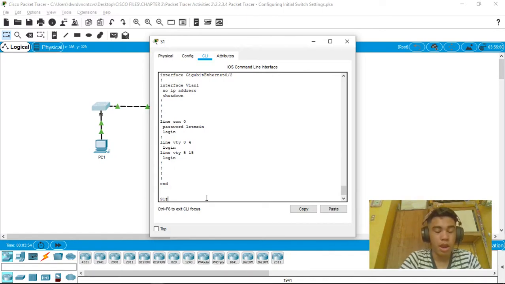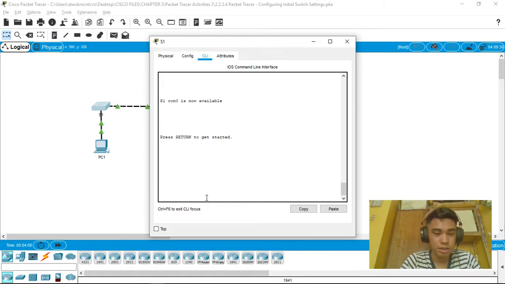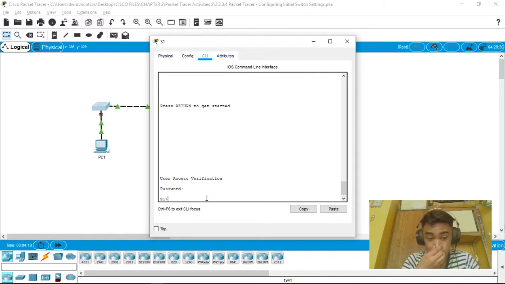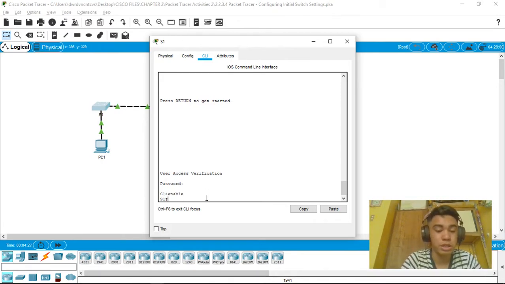Now we have to put a password on our privilege exec mode. But first, let's try this password to see if it's working. Now let's exit, then press enter, and now it's asking for a password. Let's type let me in. Okay, we are able to access this switch. Now type enable. We're able to go into privilege exec mode, then go to global configuration mode to create a